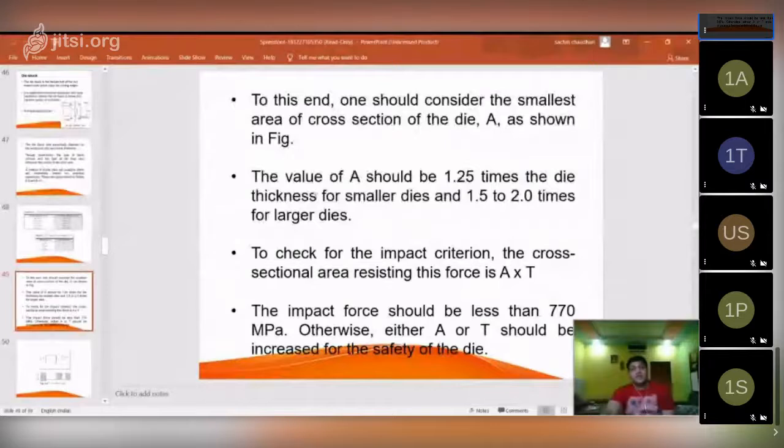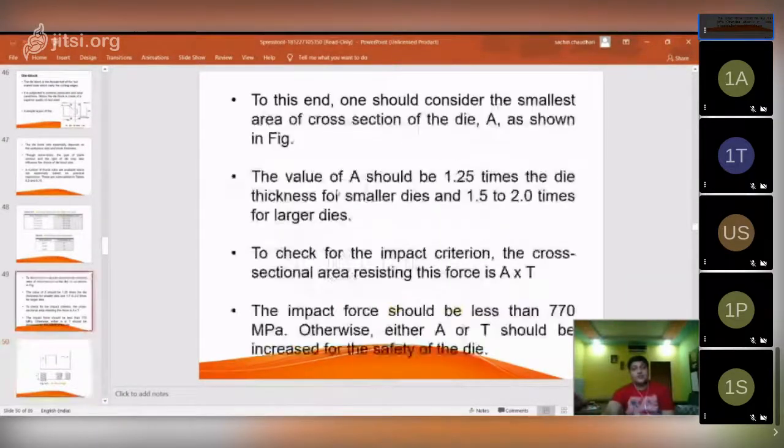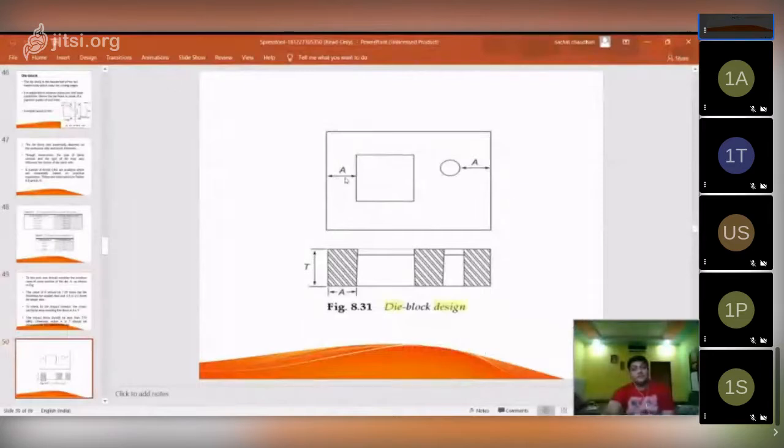So the value of A should be 1.2 times the die thickness, this is the total thickness T. This A is the minimum dimension of any blank contour. So this is a blank contour of a circular hole, or this is a circle.